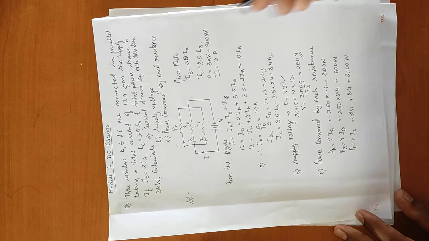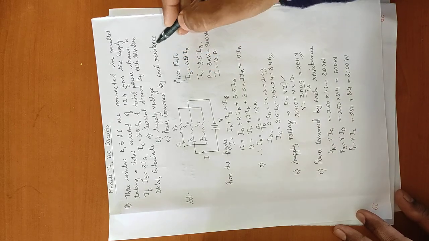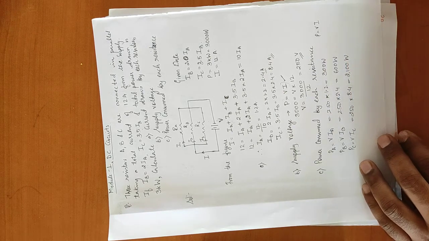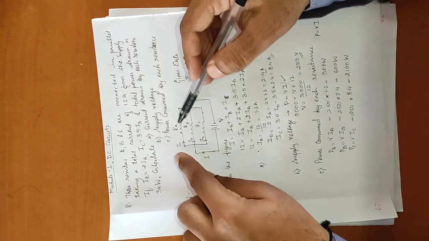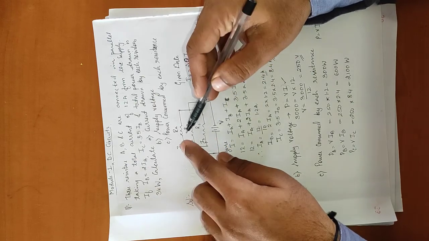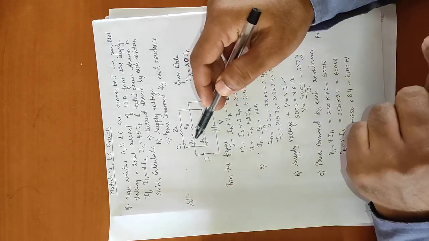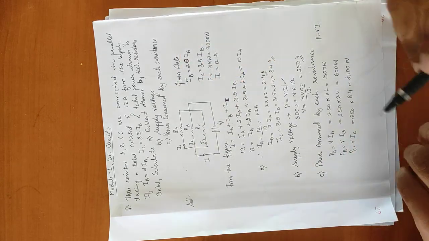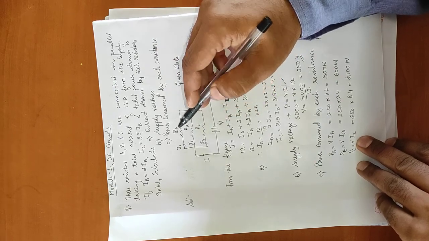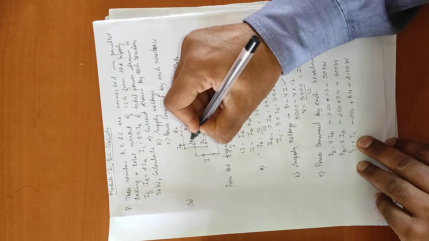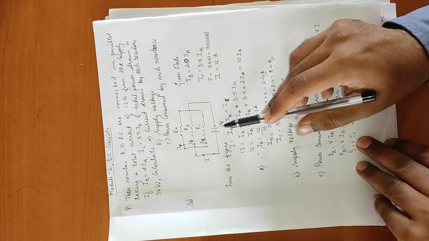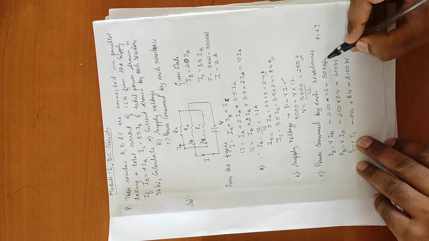Now we need to calculate the power consumed by each resistance. Again the formula for power is P is equal to VI. For the parallel circuit the voltage remains the same, or is constant across the parallel circuit, wherein the current gets divided into individual branches. So PA, the power across each resistance, is V into IA. The total voltage is 250, into IA, which is 1.2. We get the answer as 300 watt.